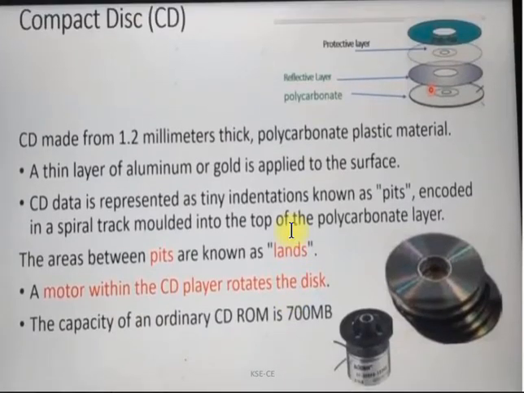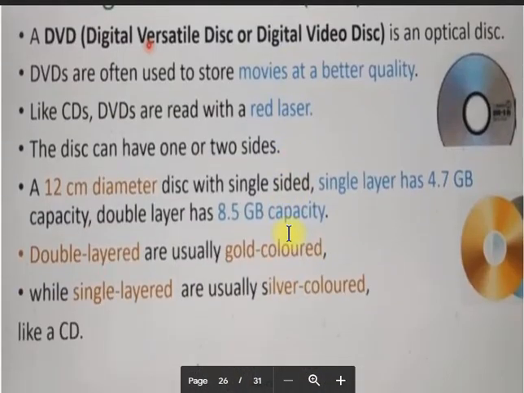Next one is the DVD. We all know the full form of DVD, that is digital versatile disc, otherwise digital video disc, right? It is upgraded because of its size. CD has a limited size for storing data, whereas DVD has a higher capacity for storing data, meaning you can store 4.7 gigabyte to 8.5 gigabyte. CD and DVD both use the same red laser light that is reflected in a particular area of the spiral.